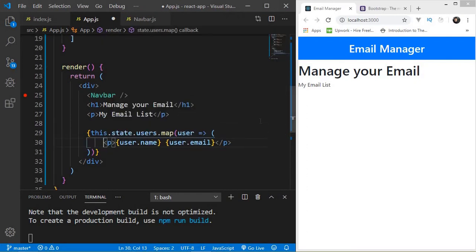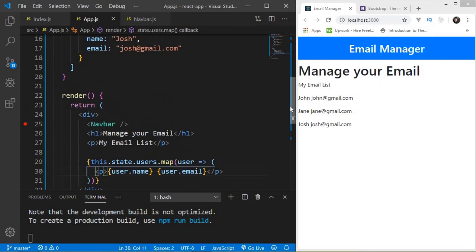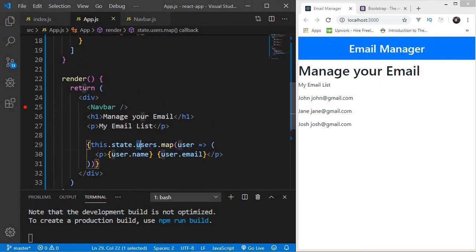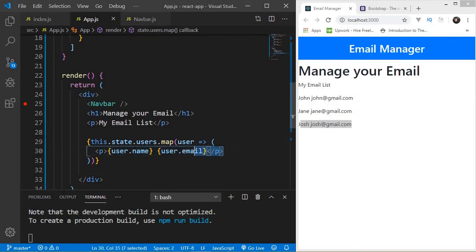All right, let's save that, and there you go, john@gmail.com, jane@gmail.com, josh@gmail.com. So what we did was we looped through all the elements of these users, and for each element we displayed user.name and user.email. Okay, their name and email. But now, instead of displaying name and email at the same time, I actually want to display a component. All right, so instead of this, let's